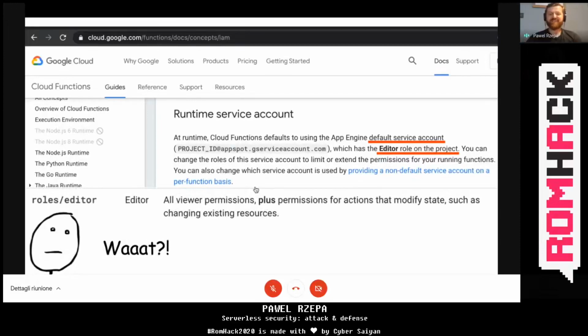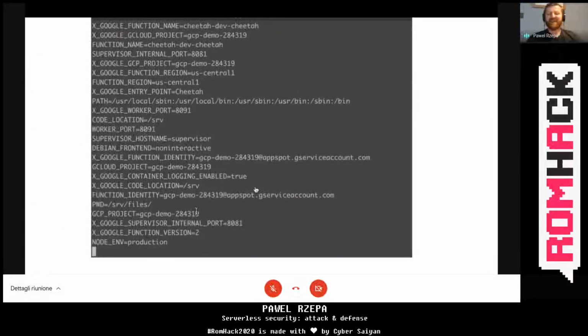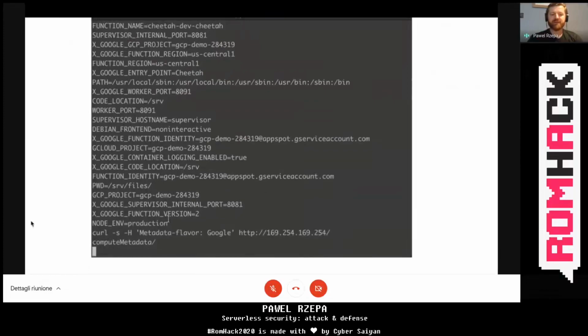What is pretty scary. So now, as an attacker with remote code execution on the GCP function, how can you access this editor role? You may ask. It is stored in the metadata service, and if you are familiar with cloud technology, the metadata service is always there, no matter which provider you are using.